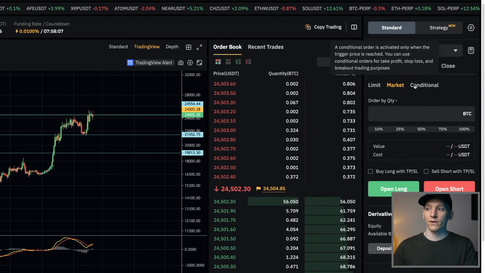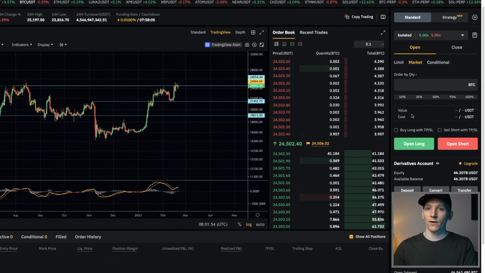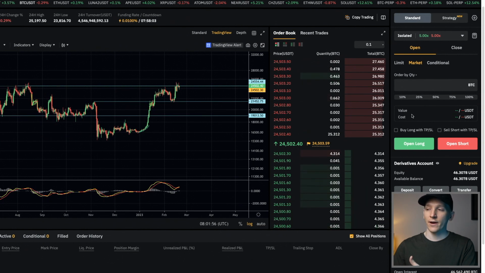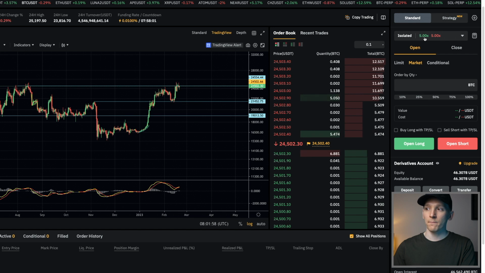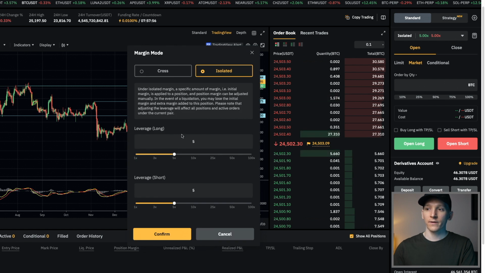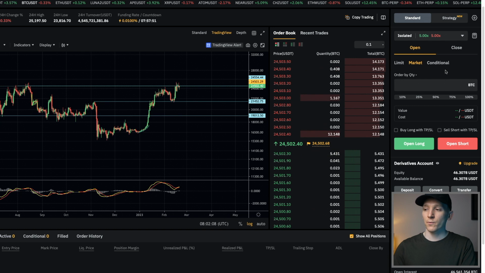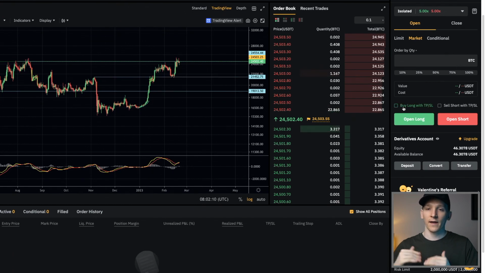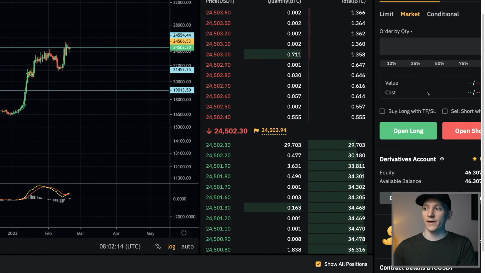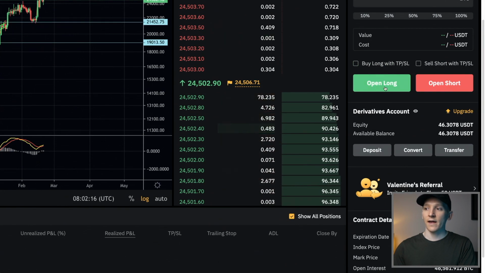The other very different thing with trading futures generally, and on Bybit as well, is that you can use margin. You don't have to use margin, but it is something that is possible to use, and you can click on these details here, and I'll get onto that in a second as well. The other thing as well is that you can actually use a take profit and a stop loss when entering your trades. So if we come over to the order entry screen, what we have here is a long position